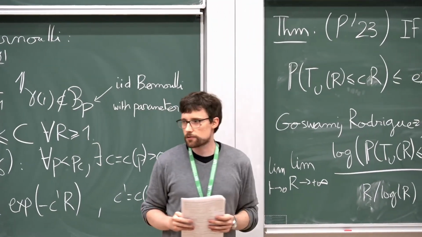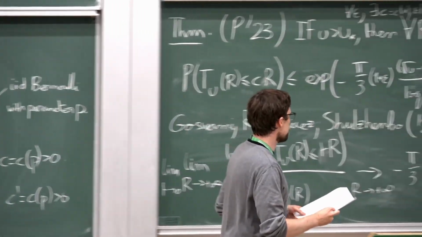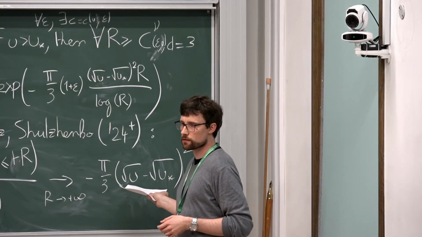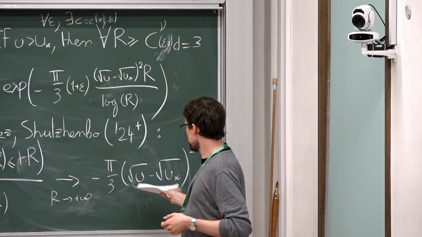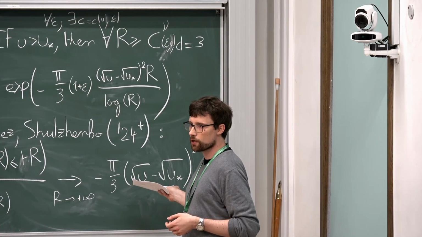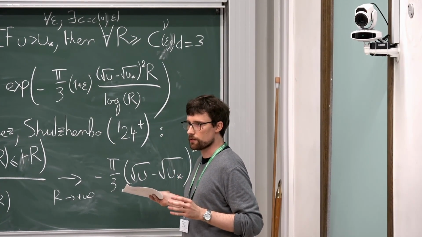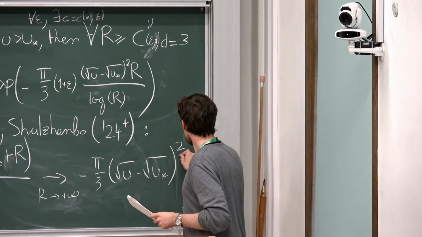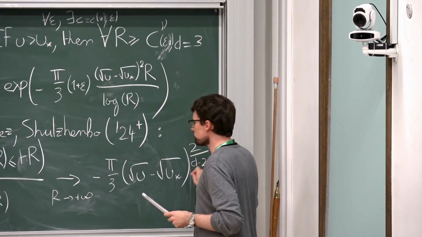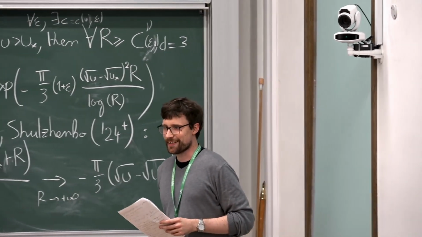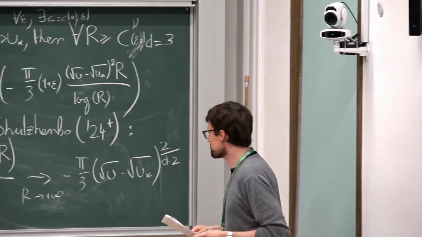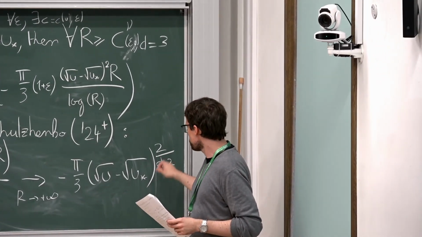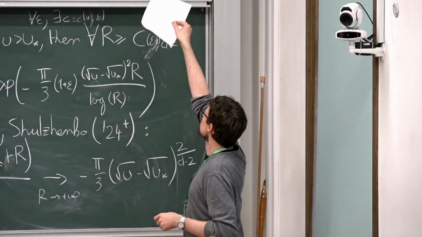So it is expected that the dependency in u stays the same, stays like that, until dimension 6. And that after dimension 6, you will have a different dependency in u, which will look more like a mean field dependency. Actually, no, it should not be this one. It should be this one, but this 2 is 2 over d minus 2. Yeah, but this is what it should be in higher dimension until dimension 6, and you should not have the log. That's also the other difference.